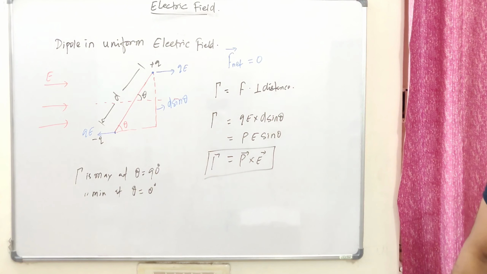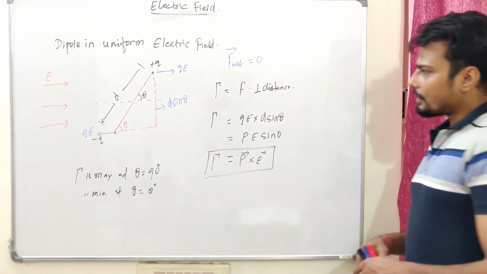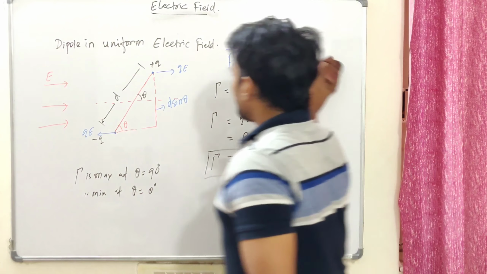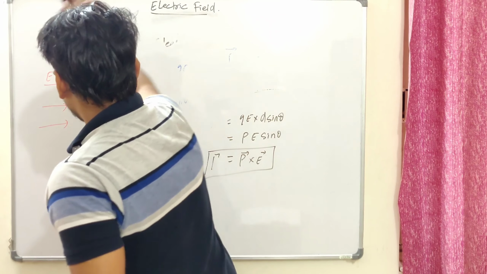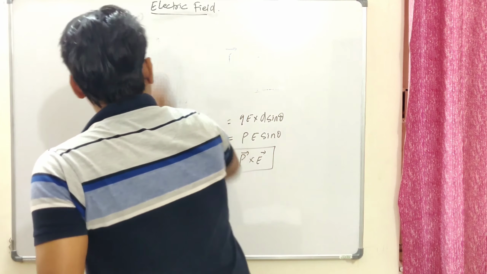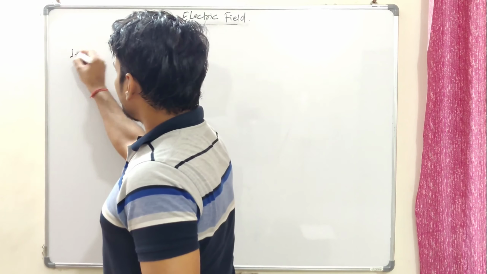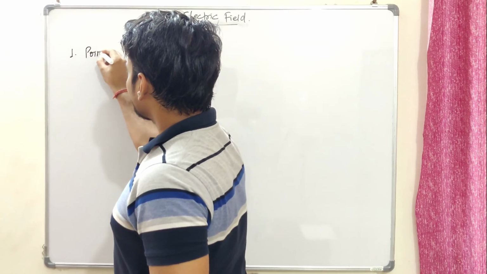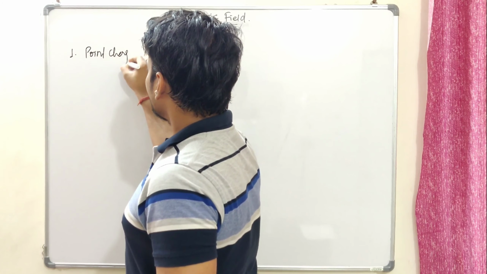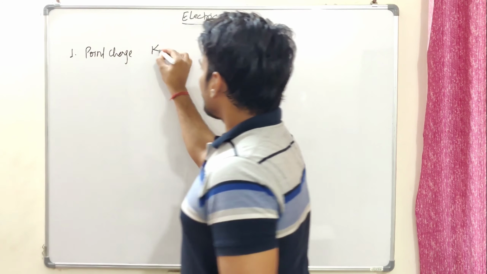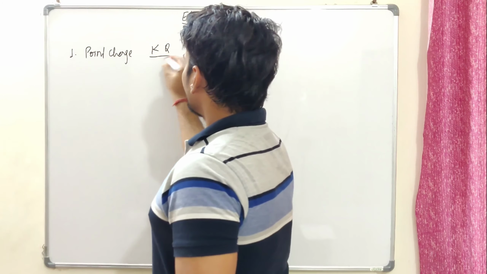Having said this, let us see some more facts about this. Before that, I'm going to put up all the formulae that we have come across in this entire period of time with the electric field. Alright guys, so what we have learned: the field due to a point charge was given as kQ by r square. Simple as that.